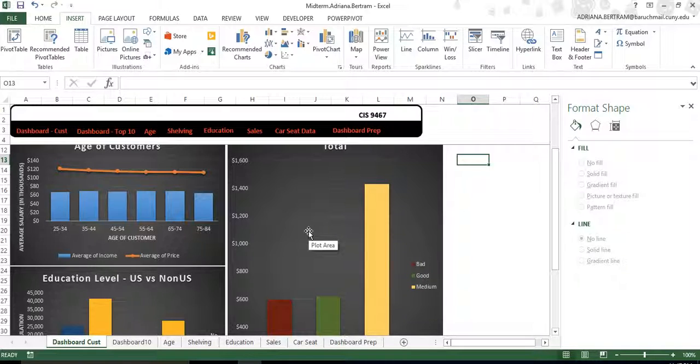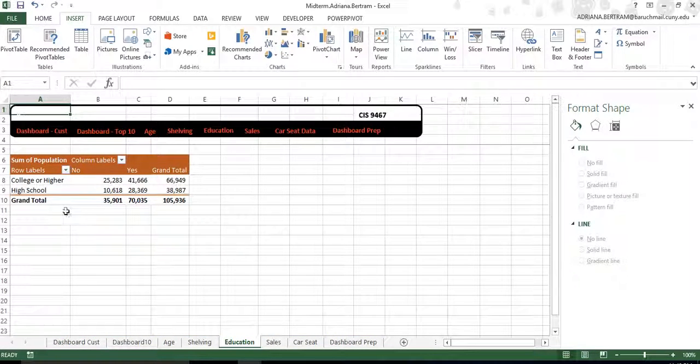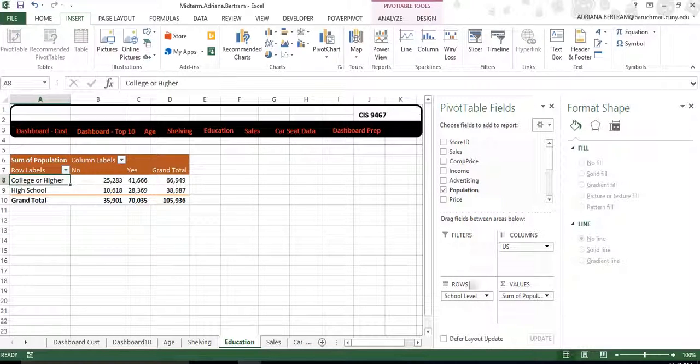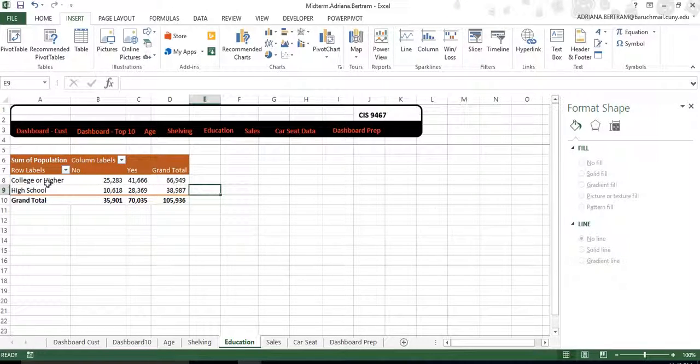Okay, so for the last chart here for education, I did a pivot table that refers to the education level. So again, I used my variable school level because education seemed a little too much. And then here I wanted to use the US variable as well as the population size. So here you can see for a total of college or higher, we have about 66 million, because again, this is in thousands. However, 25 million is not in the US, but 41 million is in the